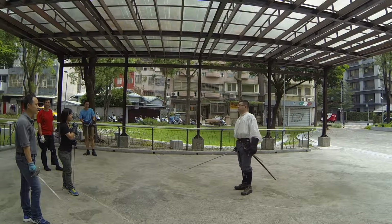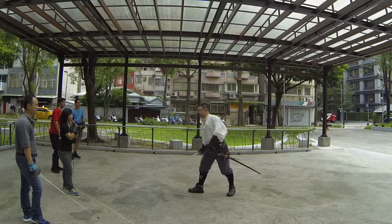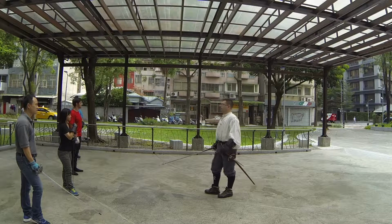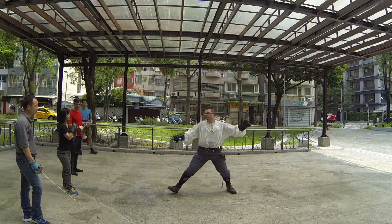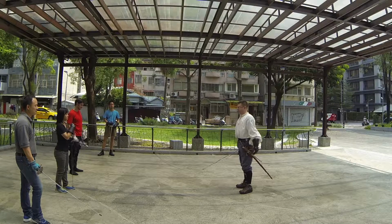That's incredibly important because a lot of people, when they lunge, will lunge directly forward, which exposes their body, and this is when people get double hits or after hits. What you want to do is, when you lunge, try and turn your body. This is one of the reasons why Capoferro and Agrippa and some of the other masters